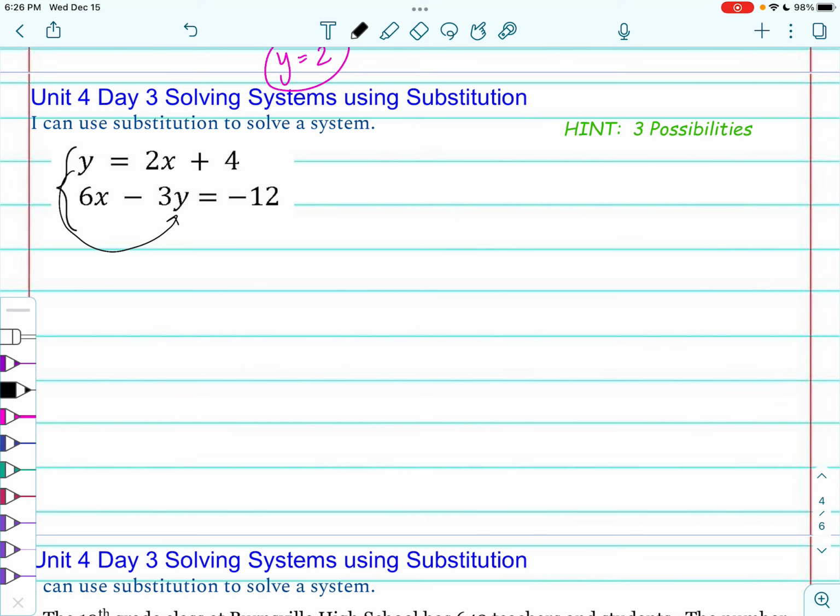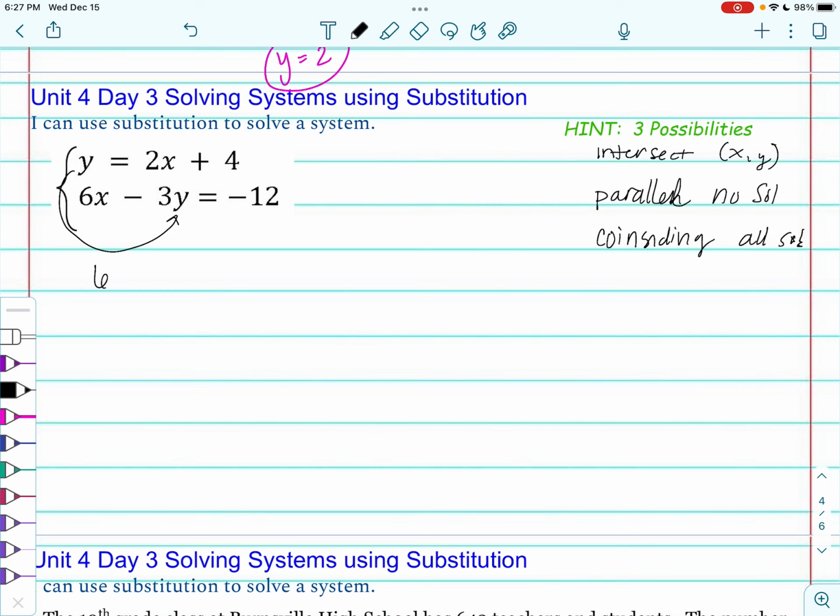Hopefully you're remembering from graphing that I can intersect at a point, right? So I get x comma y. I can be parallel and have no solution. Parallel, no solution. Or I can be coinciding, remember the same line, and have all solutions. Okay? So, keeping that in mind, because I have that hint there,